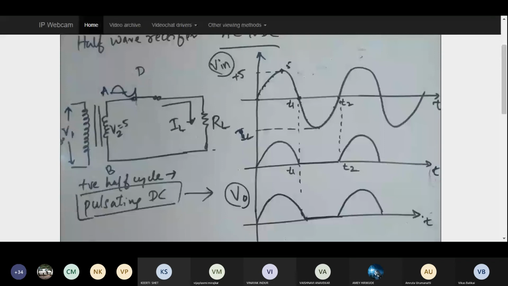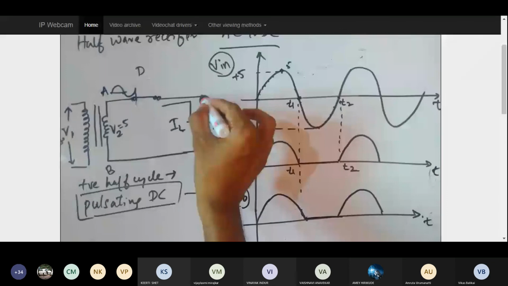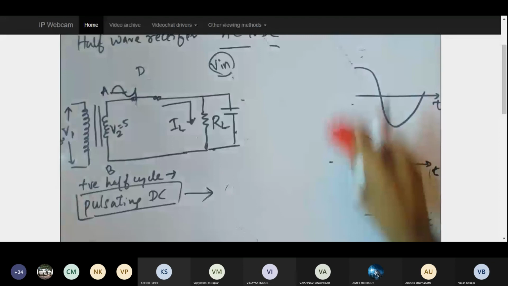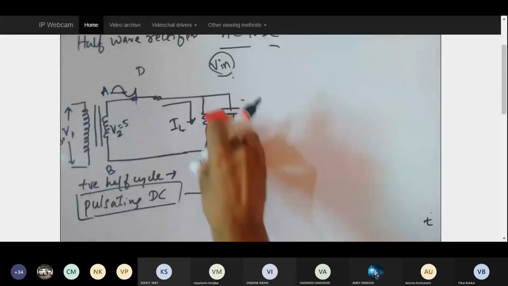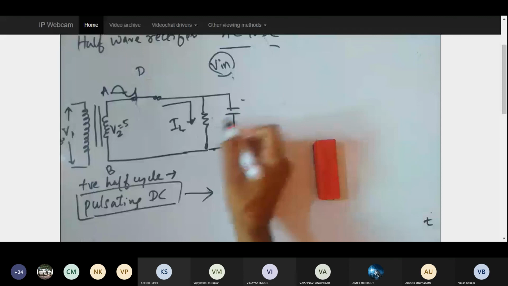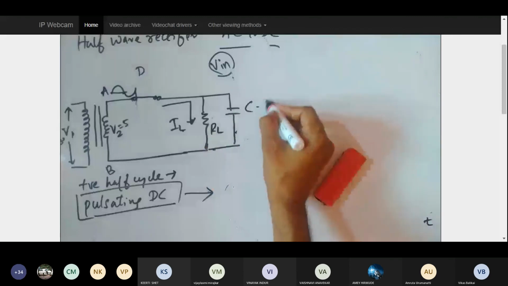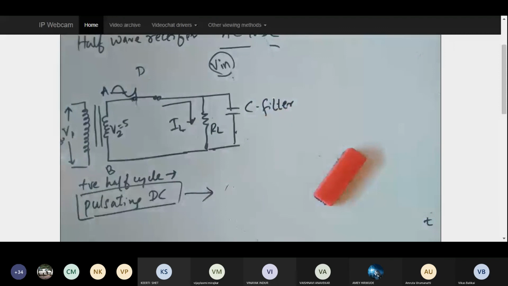Until then, I cannot call this a rectifier. Now what I said is, it is behaving as a rectifier, it is going to convert AC to DC, but that DC is not pure DC, rather it is a pulsating DC. If I have to convert this into the purest form, in the subsequent circuit whatever I am going to use, I am going to add a next component which is my capacitor. So I'll rub this entire waveform. So here I am going to introduce a capacitor, which is also called a capacitor filter.